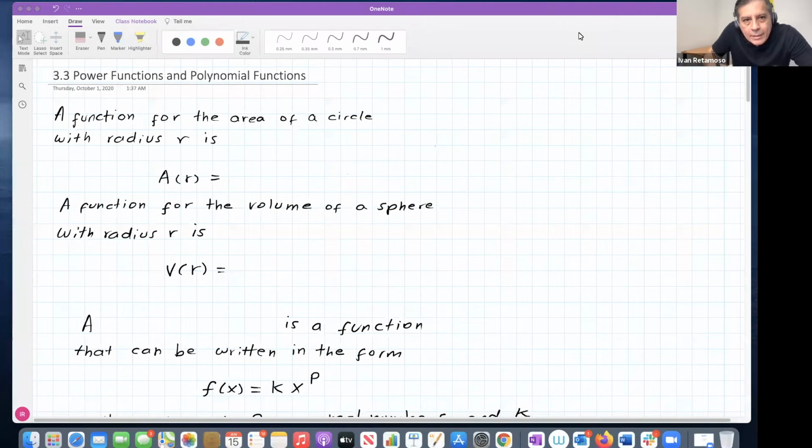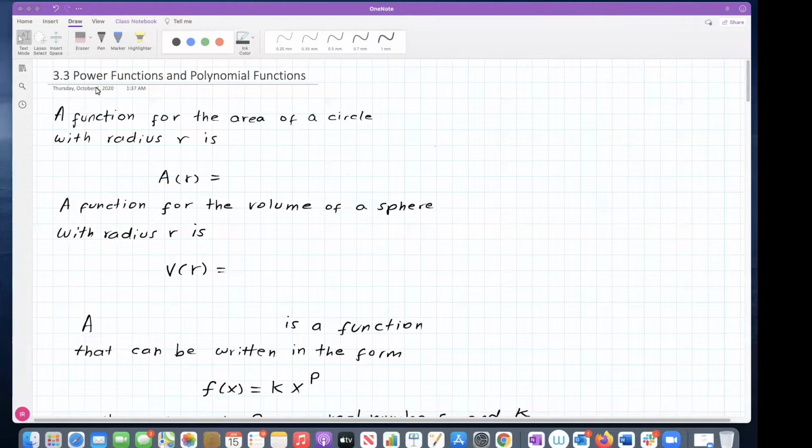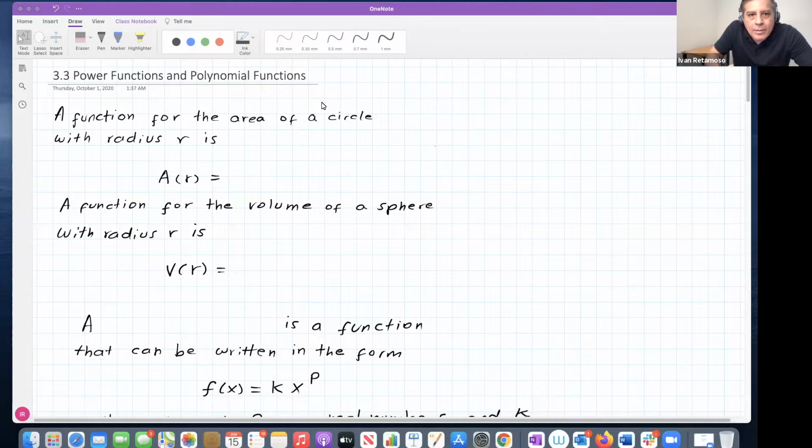Great, it's recording now. Today, we should talk about section 3.3, power functions and polynomial functions. And then we will talk about the graphs of these polynomial functions. Okay, so first, as an introduction, let's recall